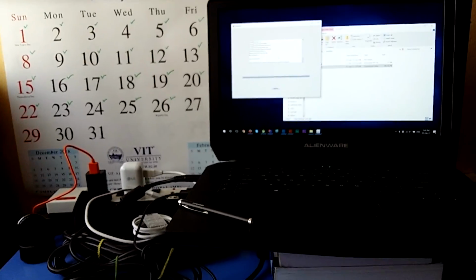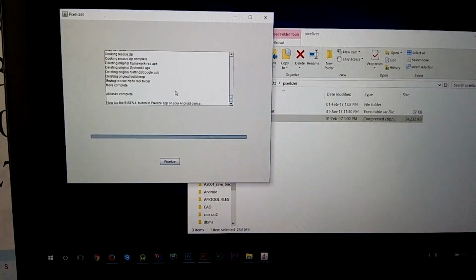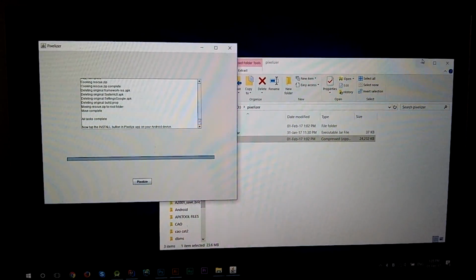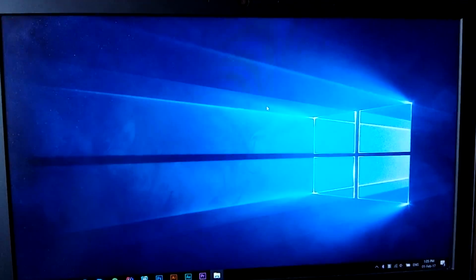So this is a process by which you can convert your Android device into a Google Pixel, an Android device that runs 7.0 or 7.1 Android. Now we can go ahead and close this. That's it. You guys have seen, it's not a big deal to install this software on any phone running 7.0 or 7.1 Android, because it's quite simple. You don't need to be coming from a technically sound background to really do this.